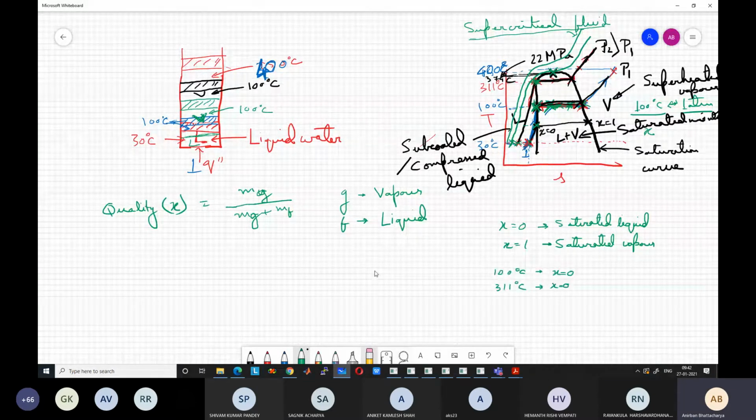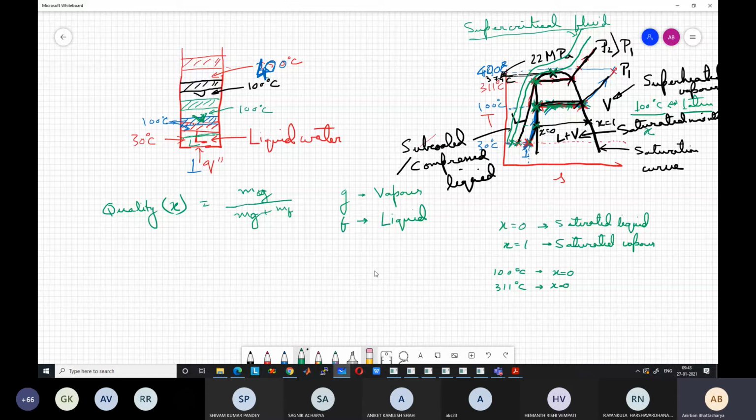For the liquid at 311 degrees centigrade, the molecules have energy, even at higher pressure. So how does this energy of the molecules manifest? They are vibrating around their mean position. So they have a certain kinetic energy even in the liquid state, moving around their mean position. If you are at a higher temperature, the kinetic energy of the molecules will be higher, even at higher pressure.